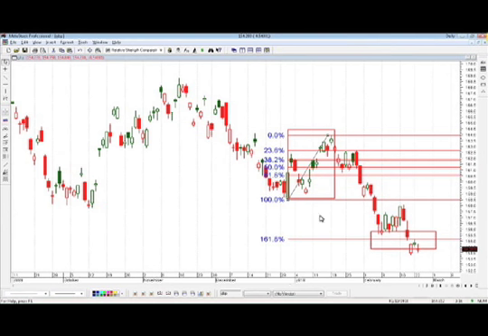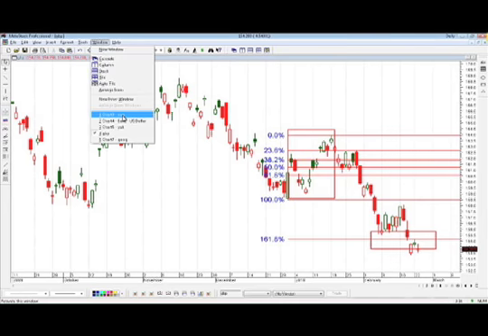Now, if I'm looking for a longer term position, so maybe I'm buying a long position that expires several months in the future, then I'm going to be more concerned about what happened several months ago. So I'm looking for the major highs and major lows of a year ago or something like that.